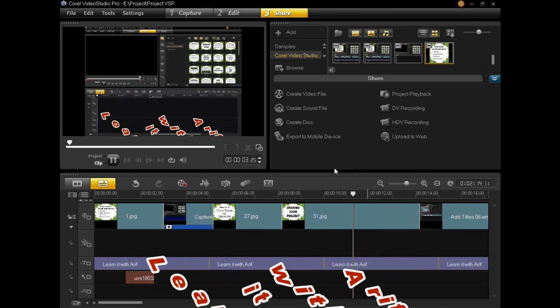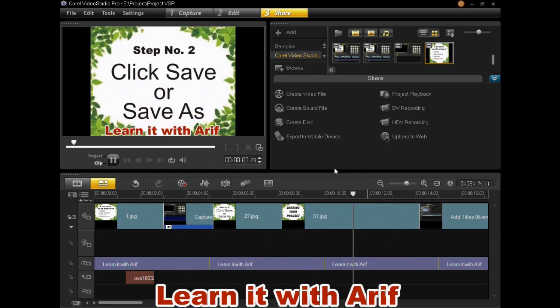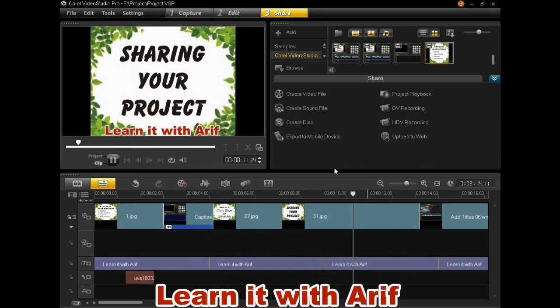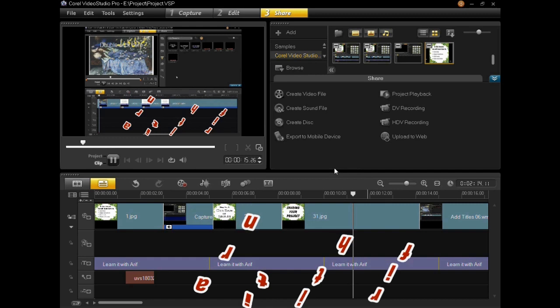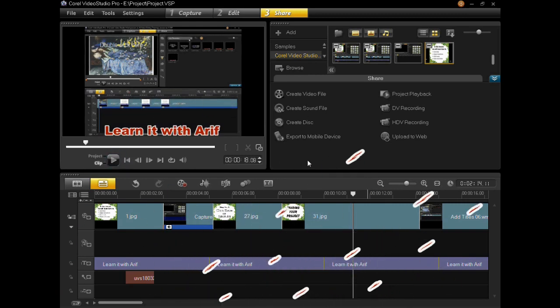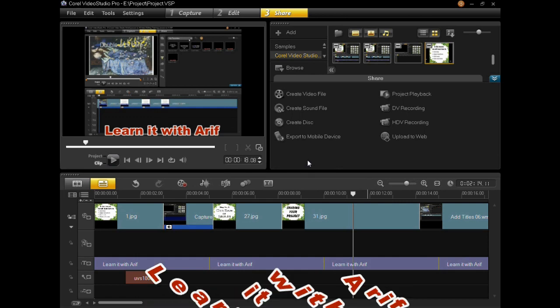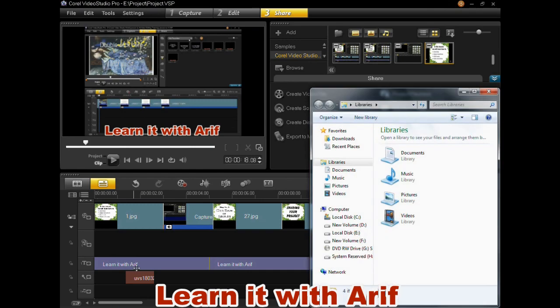You can see in the preview window, after saving our project as a video, Corel VideoStudio Pro X6 automatically plays the video. Now let us go to the drive where we have saved our project as a video and see the video.